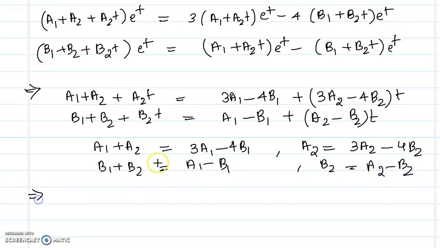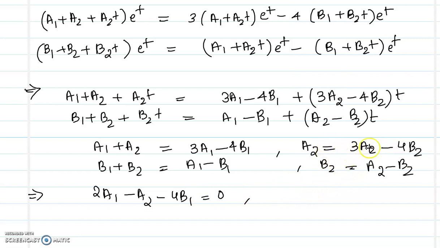So upon simplifying we will get 2a1 minus a2 minus 4b1 equal to 0,